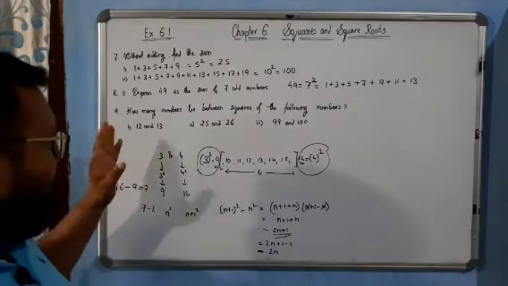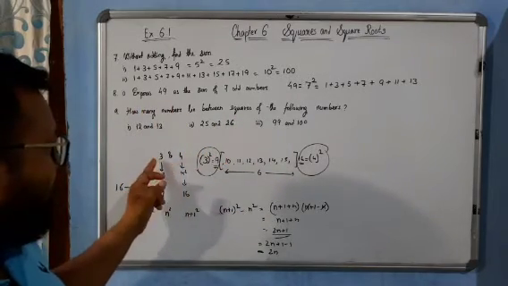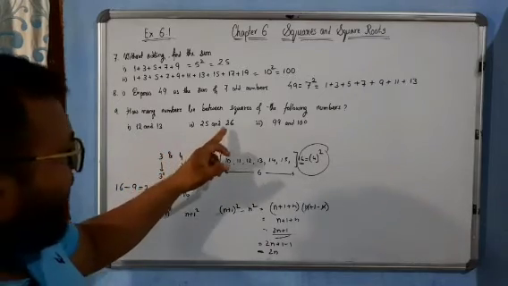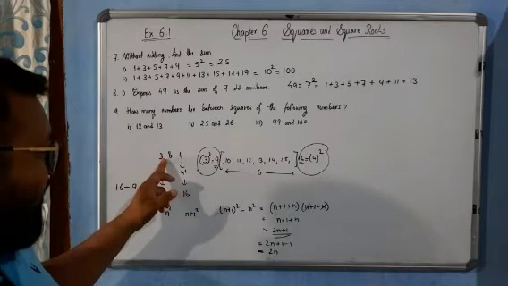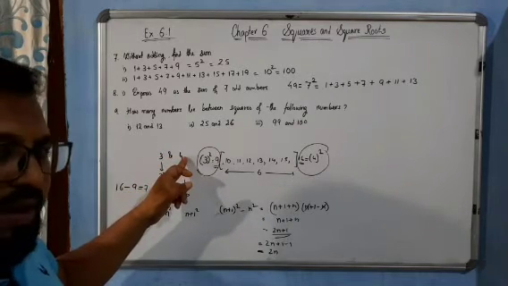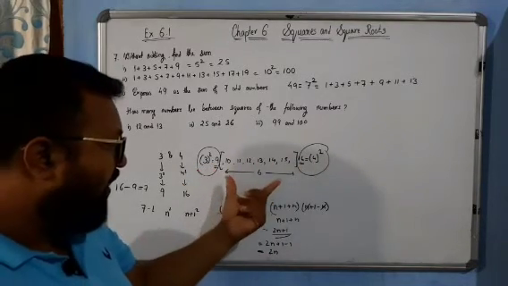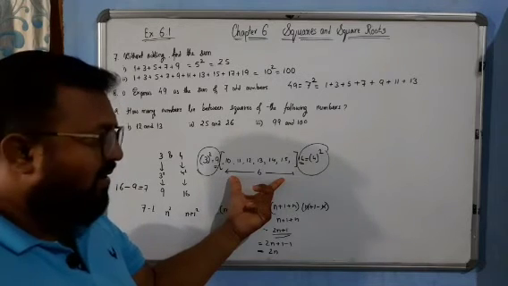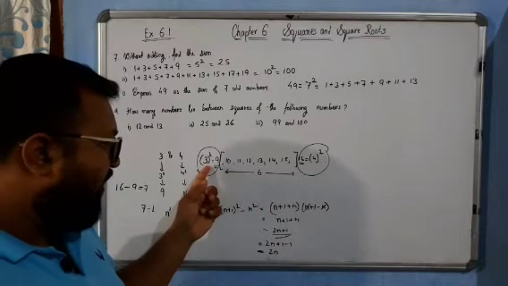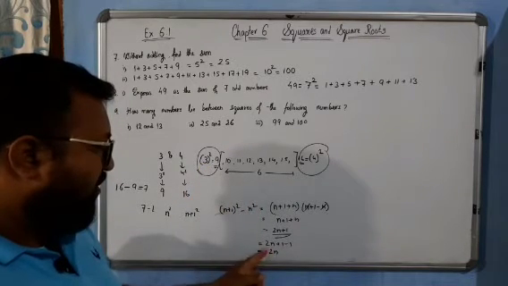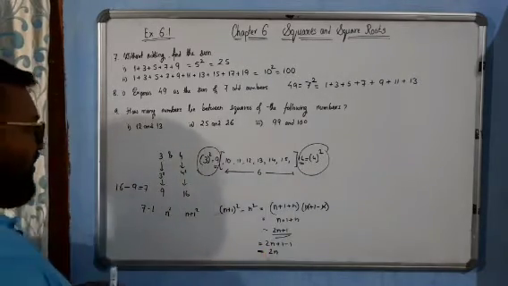So the numbers which lie between squares of two consecutive numbers, suppose 3, 4, here 12, 13, 25, 26, 99, 100, what will we take? If we take the first number as n, the next number will be n plus 1. So the count of numbers between the squares of the two numbers will be twice n. If we take 3 as n, 2 into n gives you 6. See, here we are getting 6 numbers. So simply for question number 9